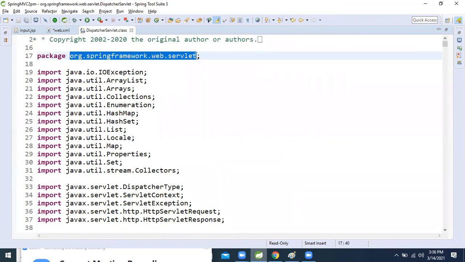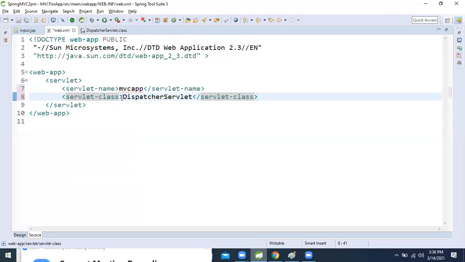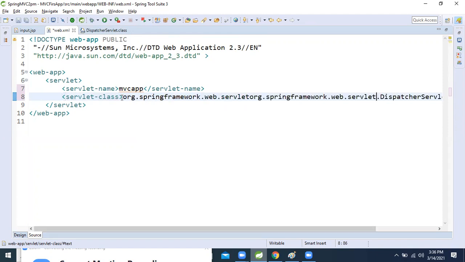This is the package name. Copy it, and come here and paste it here, dot, paste here. That's it. My system is giving too much problem. Okay, so now save it.